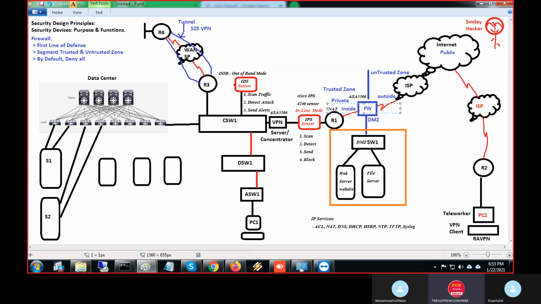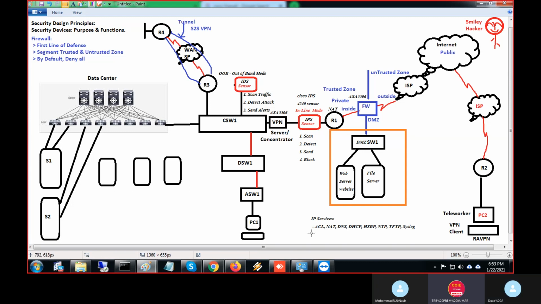See, when you want to go to a public network, you need a public IP. But we don't put public IPs inside the LAN, so we use private IPs here. Somebody has to translate from public IP to private IP and private IP to public IP. That time we use NAT, network address translation, translating from private to public and public to private.